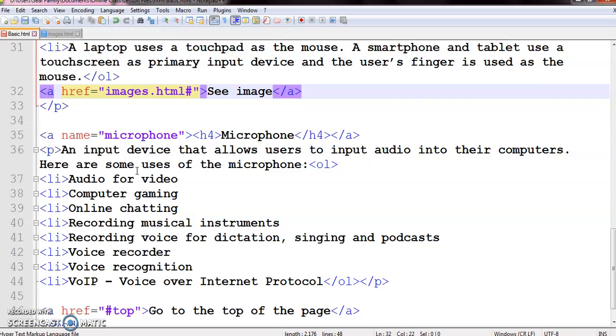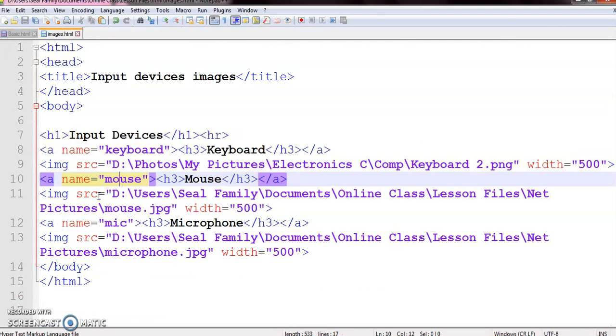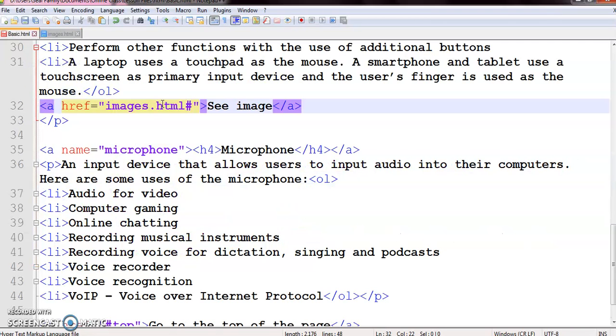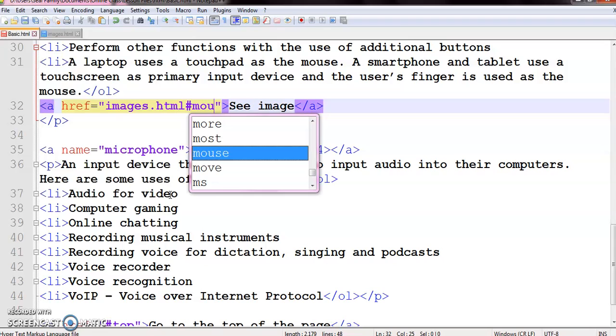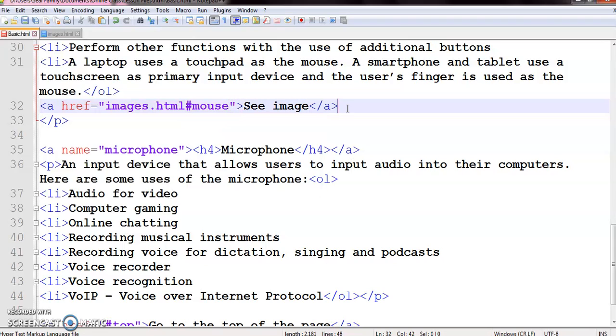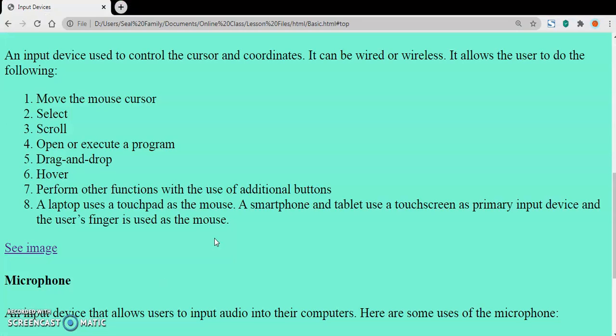And then I am going to provide the section name. So first provide the URL and then the section name if you want to jump to a section of another web page. Here the section name is mouse. So first I am writing the URL and then mouse. Let's save it and see if this works.